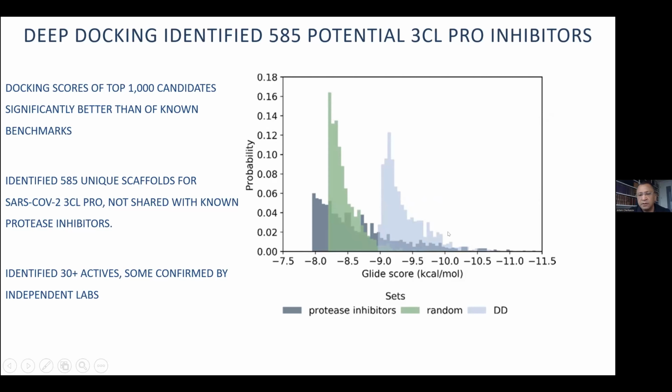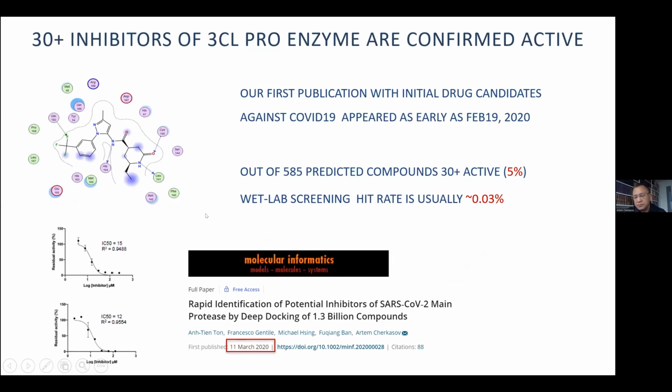So deep docking, in fact, enriched very, very significantly for best binders. Then we identified 1,000 potential molecules, and we published that paper as early as in March 2020, just at the time when the pandemic was actually declared. In fact, the preprint was published in February. And out of those, we ordered about 600 molecules and we screened them, and we found about 30 actives,